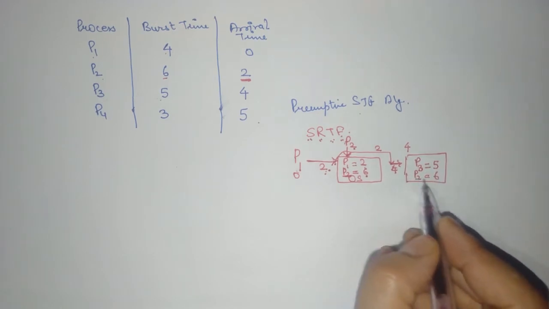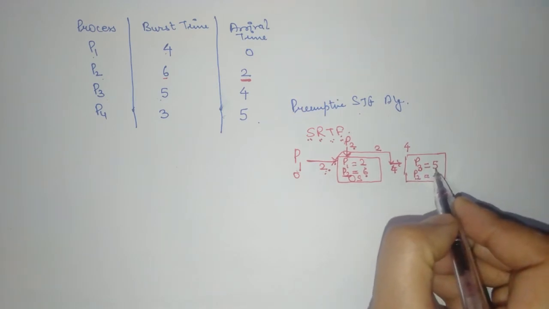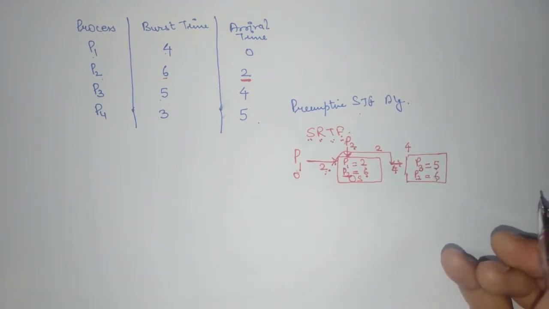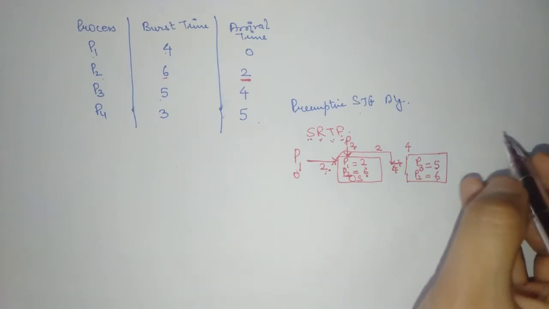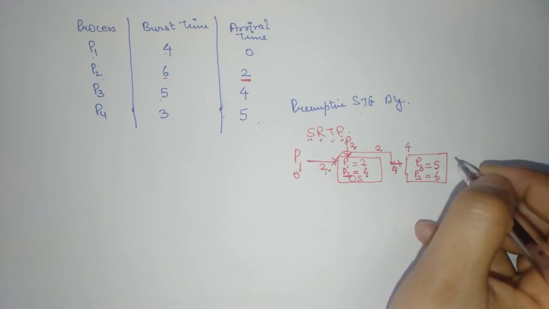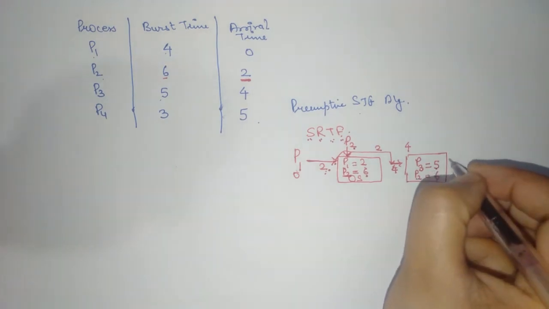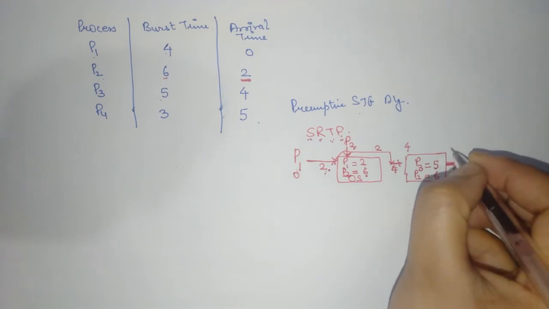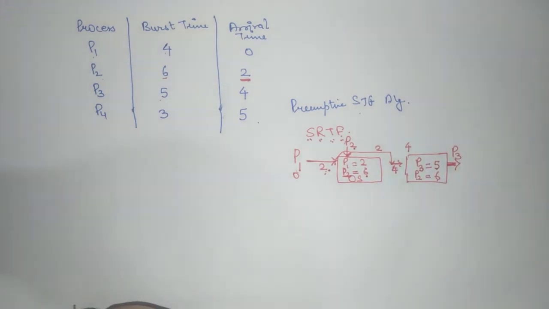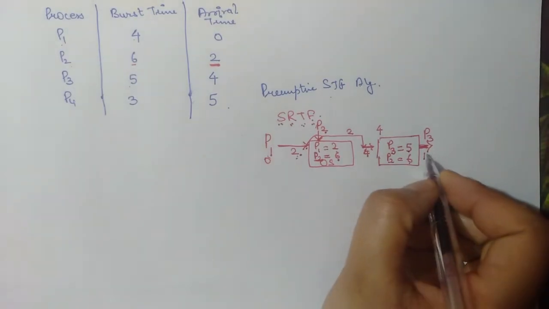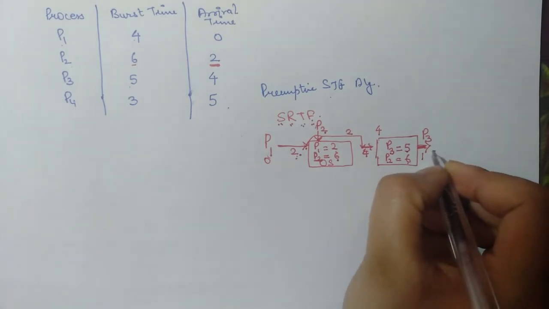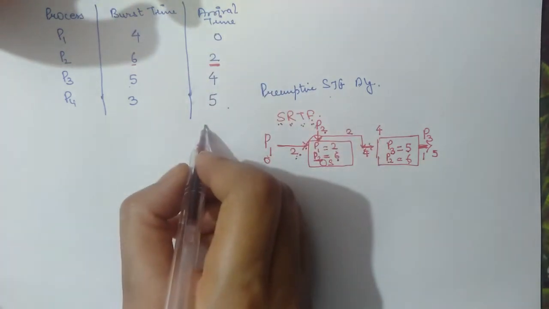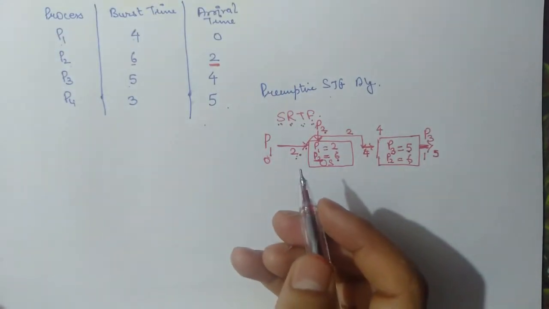The CPU burst time of P2 is 6 and the CPU burst time of P3 is 5. Which process will get CPU first? The shortest one will get the CPU first. Now the CPU will be allocated to P3. P3 will get CPU first. After 1 millisecond, the machine's time is now 5, and a new process whose name is P4 entered the ready queue.